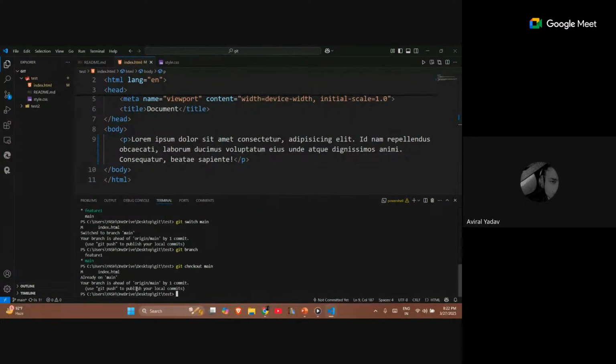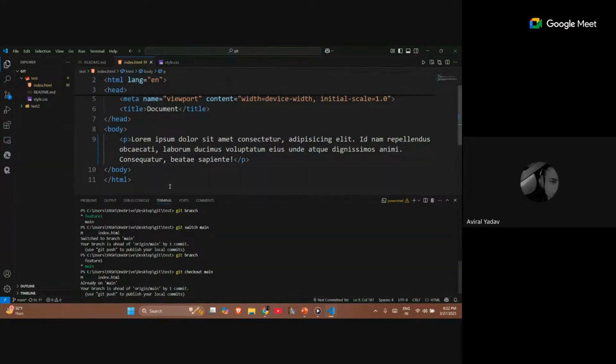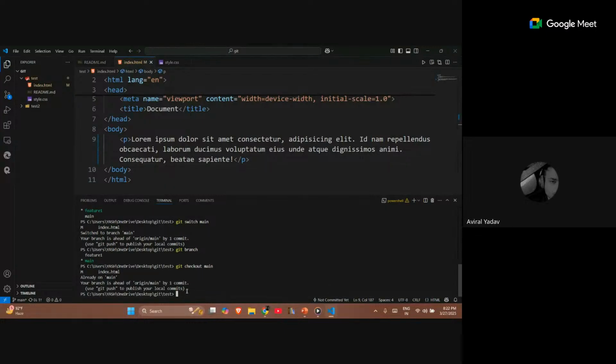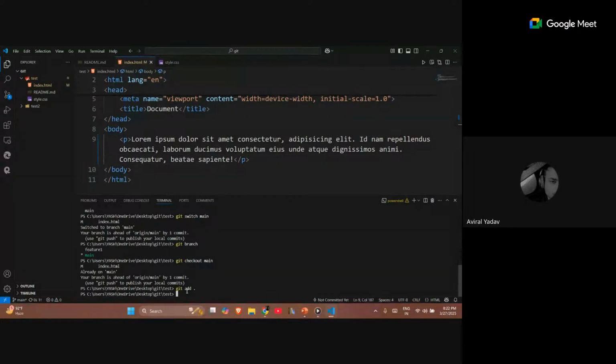Use git push to publish your local commits. I haven't added it yet, so let me add it first, it will be much better. Git add, and let me commit it also. Before that, let me switch to my feature one.